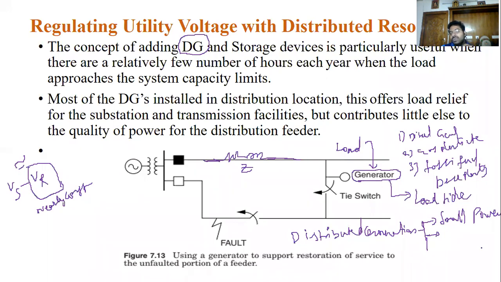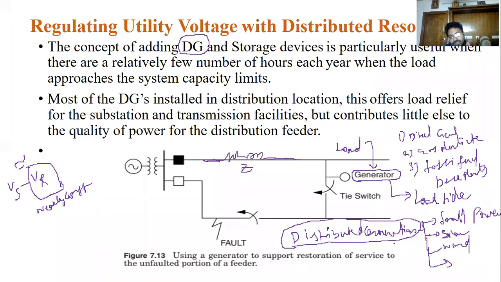Now we can consider solar and wind; all of these renewable and non-renewable energy sources come under distributed generation. Remember, distributed generation means small generating plants that are available near the load locations, near the load side, or near the distribution feeder side. You can call it distributed generation.